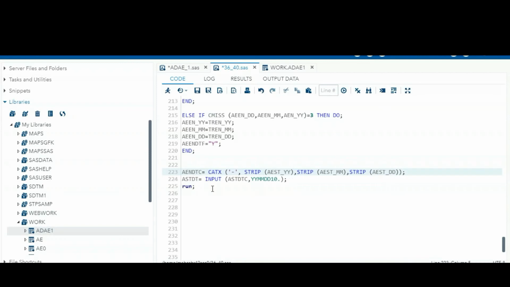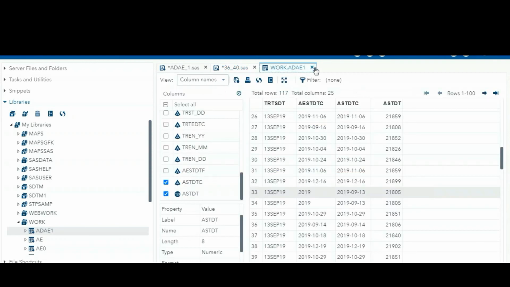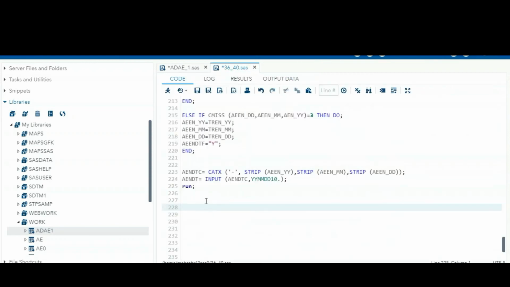AEENDTC, the catx of year part, month part, and day part. Okay. So AENDT equal to AENDTC and this one. Okay. So run and check.